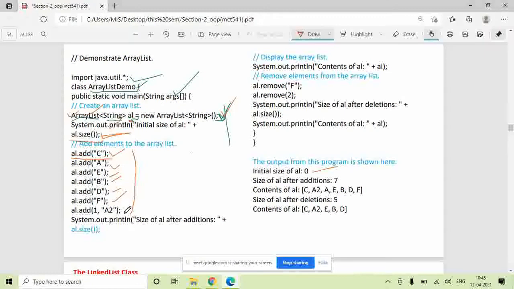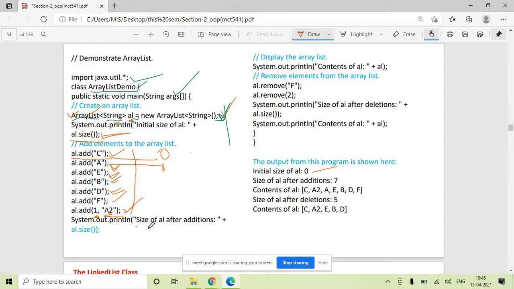Now this is another overloaded format of the add method wherein you specify the position and the value that you want to insert. Since you have inserted C, C will become the first element, that is at the 0th position, A becomes the second, third is E, fourth is B, fifth is D, and so forth. Now at first position, if you want to insert A2, that is, C is at 0 index and after that A is at first index. Now at first index you don't want A, you want A2. So like this you can add an element at position number 1.